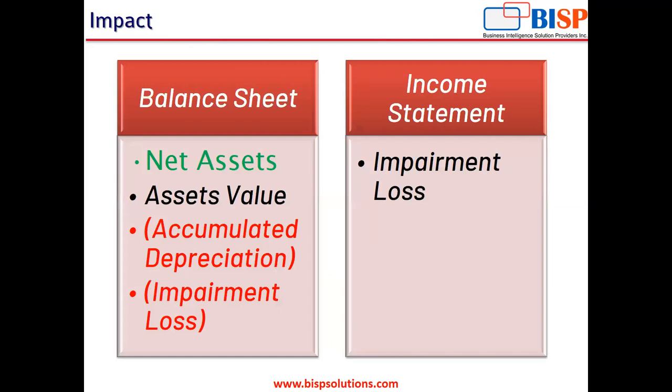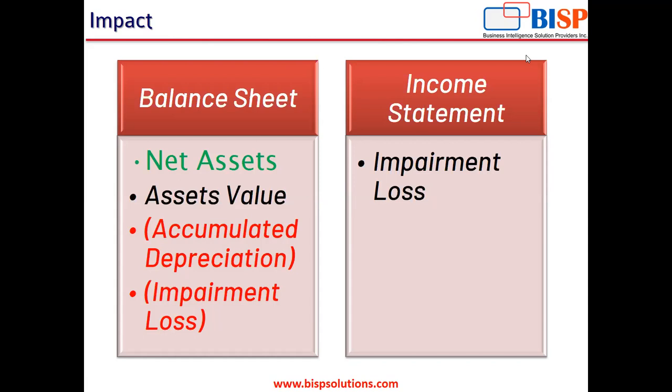Now, what is the impact of my impairment losses that has occurred on the financial statements of the organization? The first impact is into the income statement, where the impairment losses are recognized and thereby they reduce the net profit or the net income of the organization for the period. And into the balance sheet, they form a part of the calculation for the net assets that form a part of my balance sheet for the purpose of reporting for that particular period.